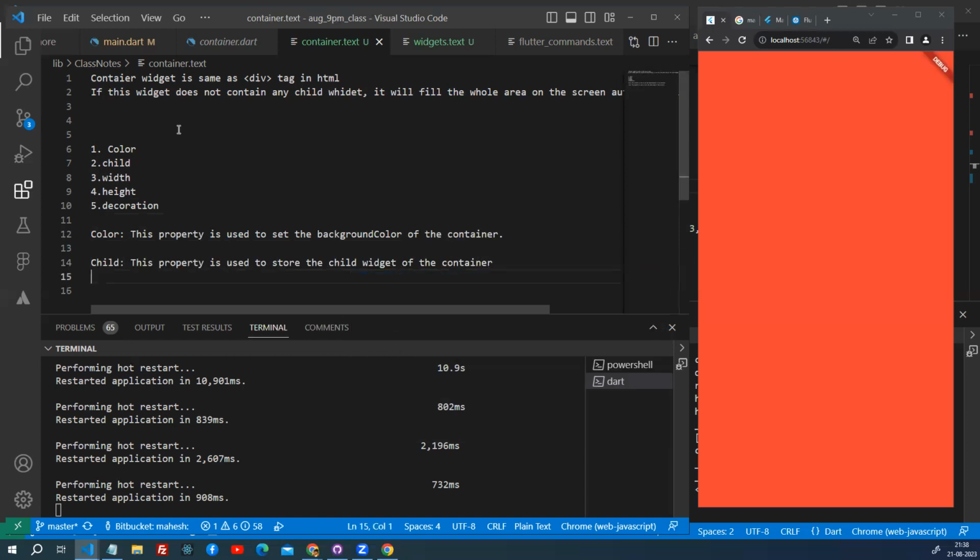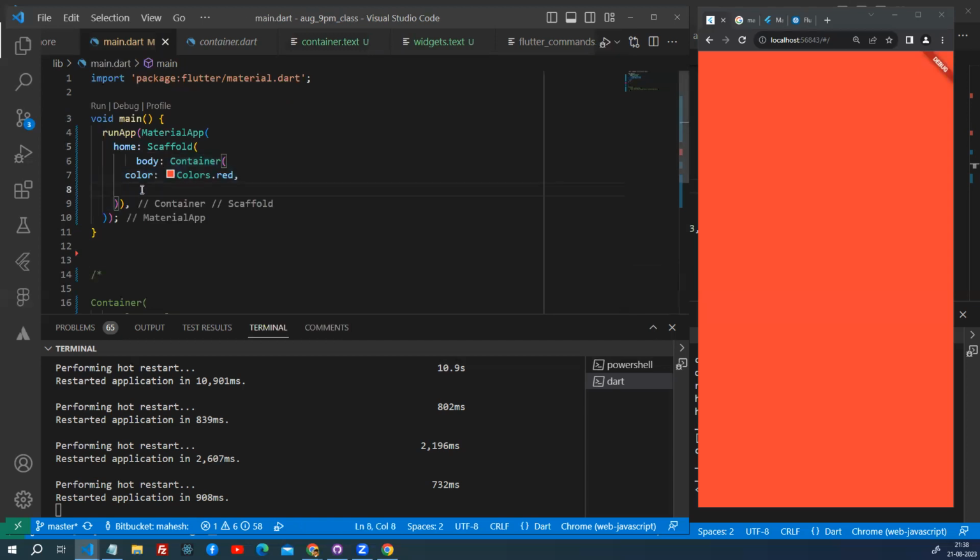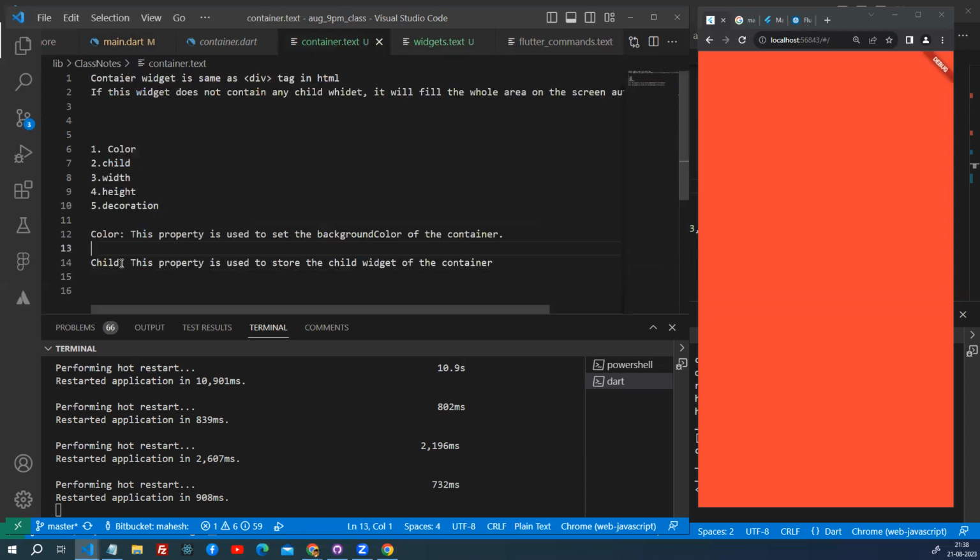So as per this example, what is the child here? As per this example, what is the child here? Text. Okay. So the Text child property, this property is used to store the child widget of the container. Okay. Understood? So now